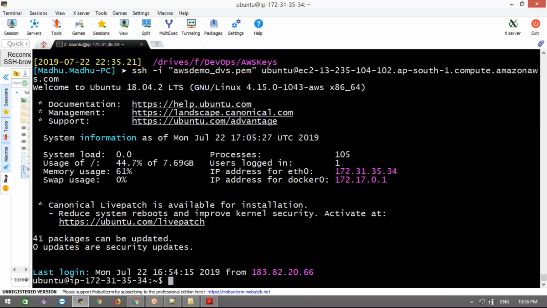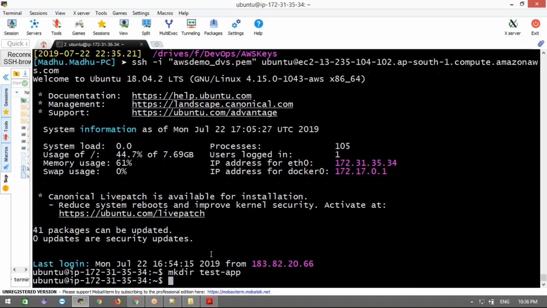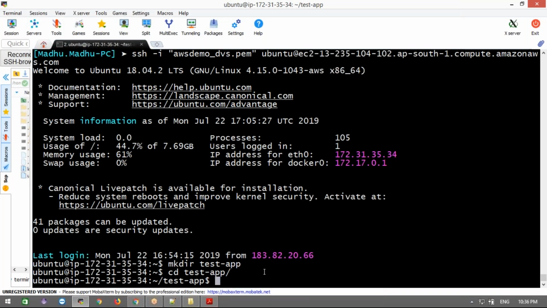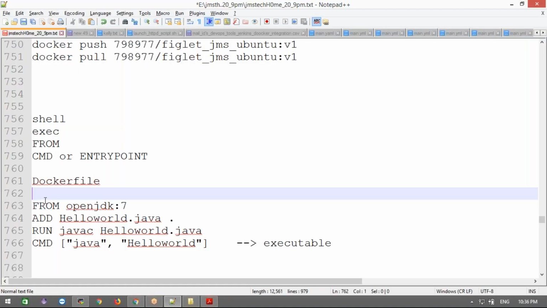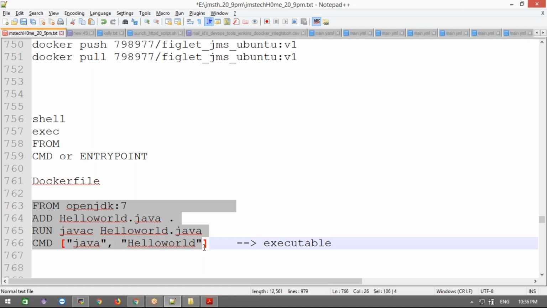Okay, now let me create one directory: mkdir test app, cd test app. I'm going to vi Dockerfile. Just insert mode. Just copy this code, whatever we wrote as the custom one.